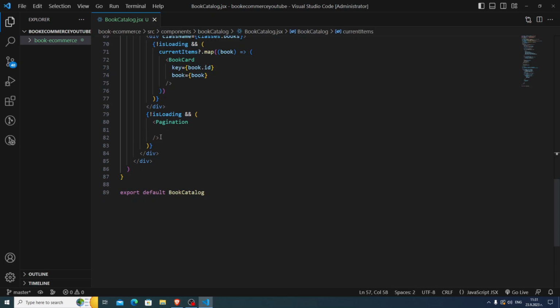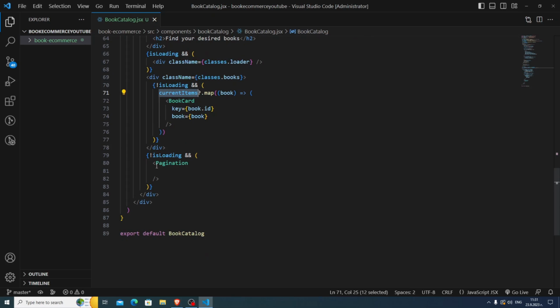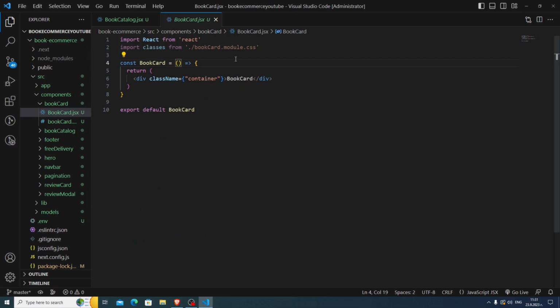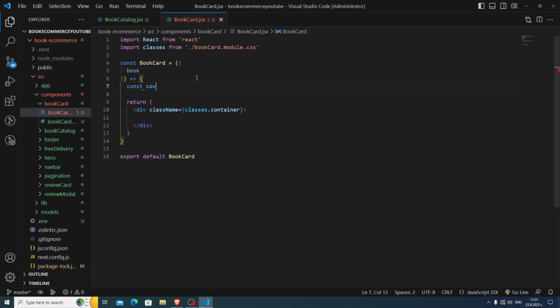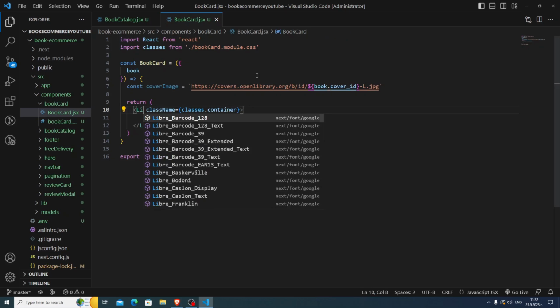And here the current items, we have done it, and we're going to just write the book cart right now. So here let's start. Here book, and here I want to make it of course with the CSS modules, and let me start typing here the book cart. So we have get the props, and right now I want to write here one constant, which is const cover image is going to be equal to https covers dot open library dot org b slash id slash book dot cover underscore id l dot jpg, and then here I want to get the link